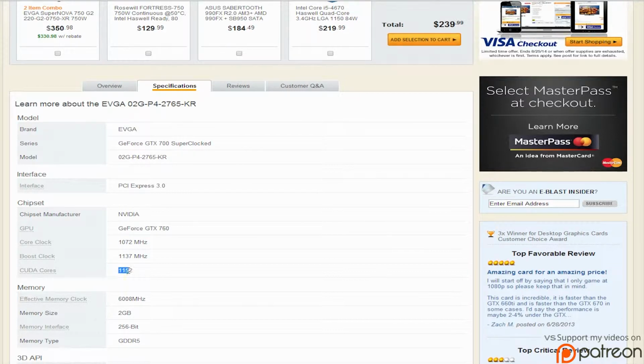Also, the other big thing is the CUDA cores. Now, basically, this is what they call a parallel processing unit. That means that they have very, very tiny cores, but a lot of them. So it's just like a processor, except it has 1152 CUDA cores, which means very small cores to do